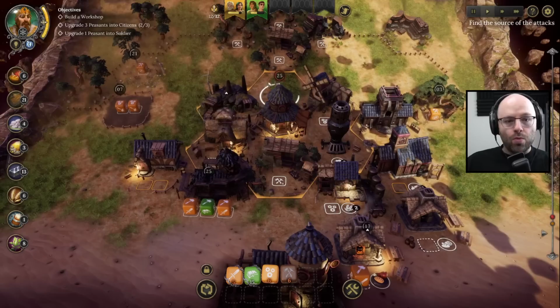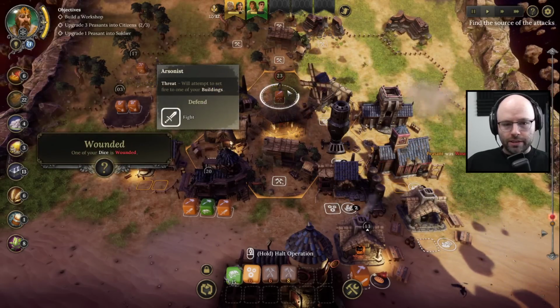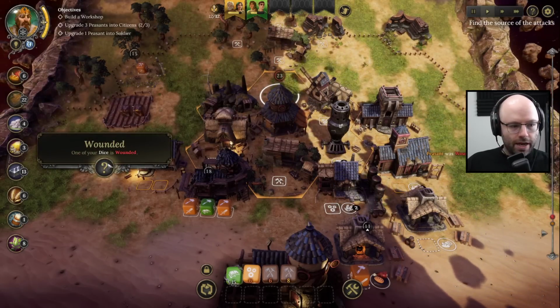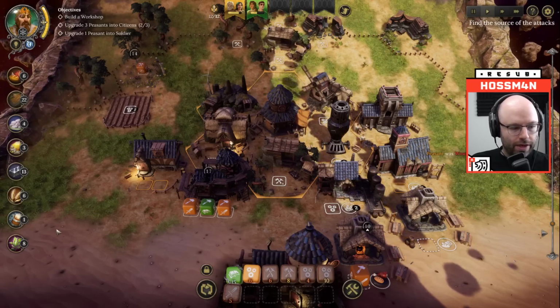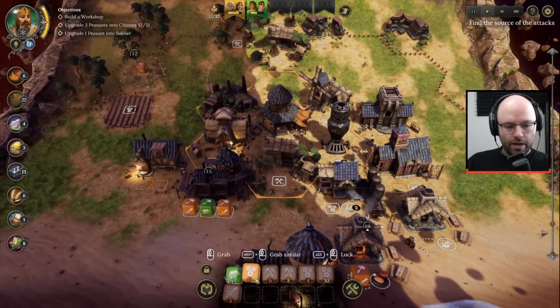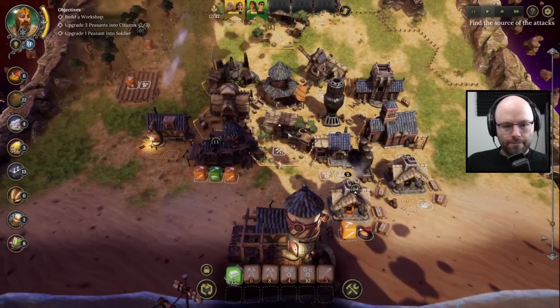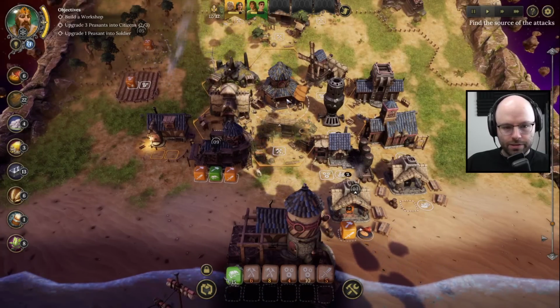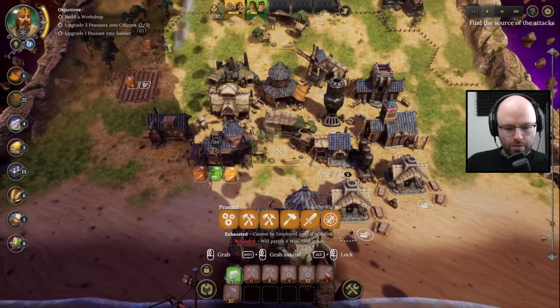We might need more. Oh, whoa. One of your dice is wounded. That's fine. Where the heck did that attack come from, man? Wounded, need to go to temple or apothecary. No problem. We got so many herbs, your head will explode. Okay, so you're dead. Where's my wounded dice? It's on cooldown, maybe? Oh, no, it's you. You need to go...